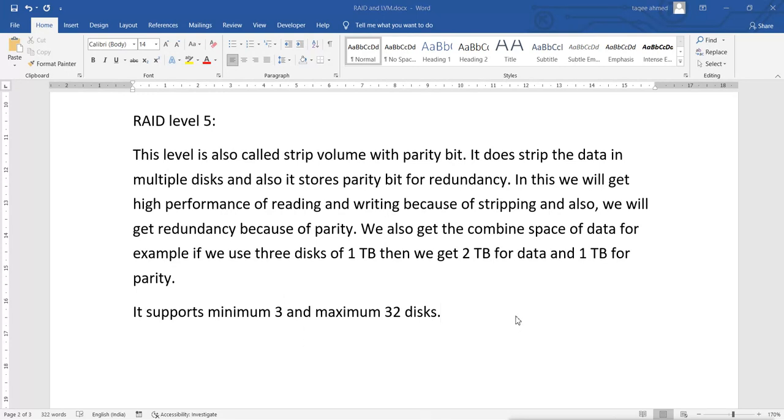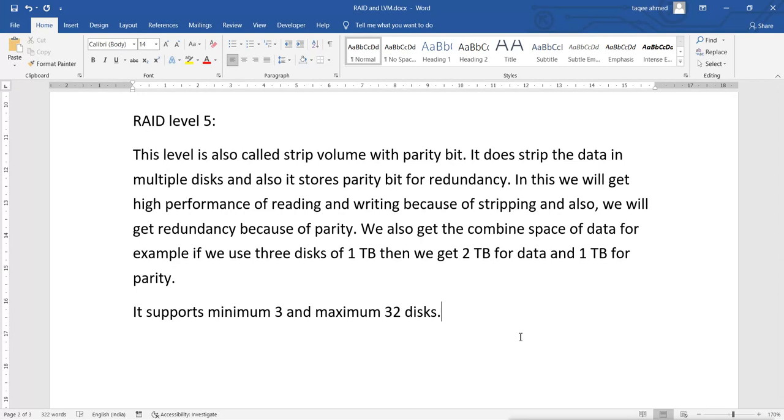In that case, you can use RAID level 6 to use the dual parity. With dual parity, you can afford to lose 2 disks, and in that case the minimum supported disks is 5. You cannot configure it with fewer.